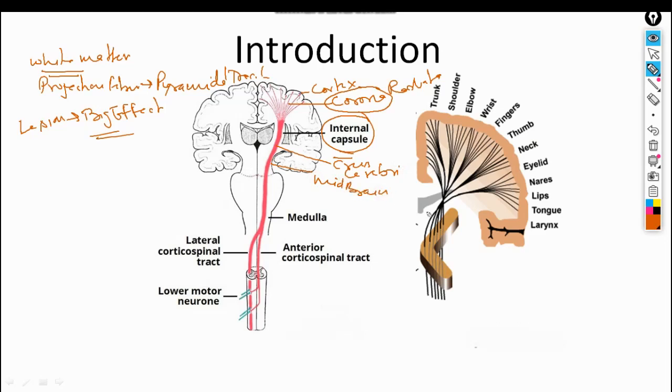and this crus cerebri gets connected with the midbrain. Clear? Now we can see here the shape of the internal capsule. The shape is V shape. You can see the V shape, and this part is facing laterally. This is the lateral aspect and this is the medial aspect. The fibers which ascend up have to end in the cerebral cortex, so they take a turn. As a result of this bend, the internal capsule also gets bent and makes a V shape